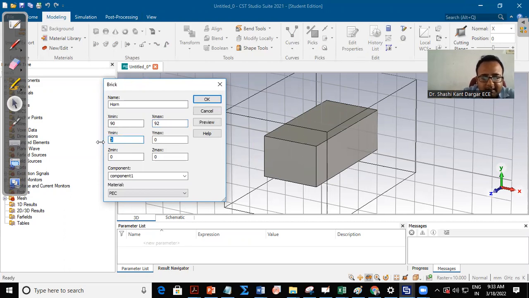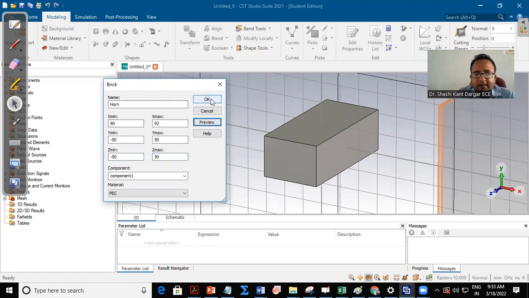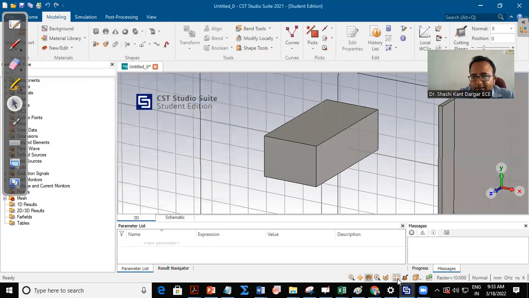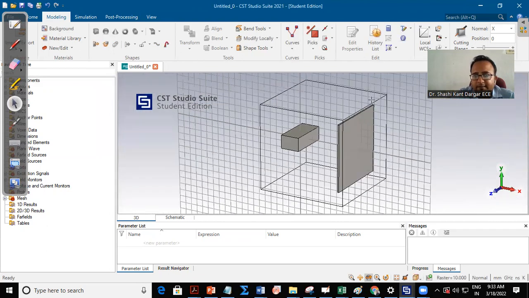Y minimum I am taking at minus 50 to 50, and x minimum also, because square is the shape of the horn. So I'm taking the second brick as minus 50 to plus 50 again. With this preview, you can see a distance away, another plane created here. With this now,